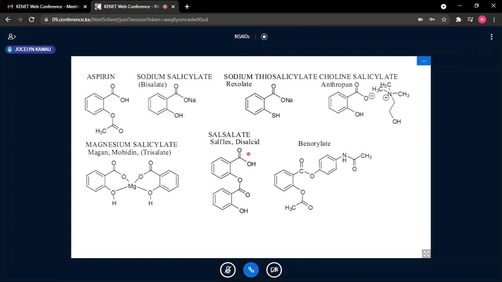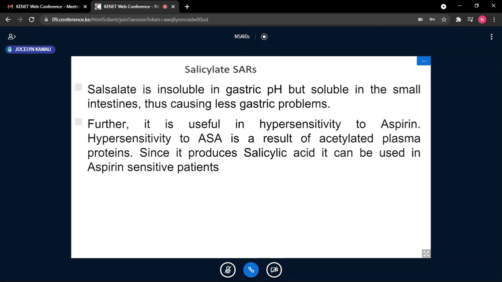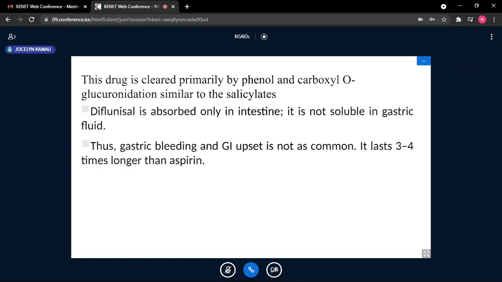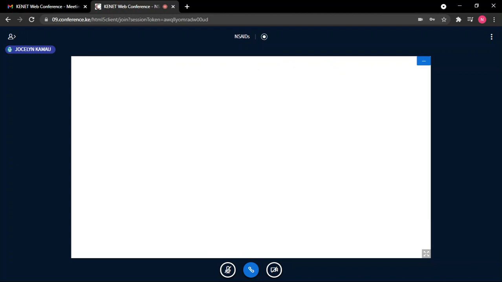You can see all of them as we have correctly put. Even if they are esterified, when they get into the body, they will be cleaved and release our carboxylic acid. So you can see our carboxylic acid is directly attached to the benzene ring. So those are the salicylates. The next class I was going to look at, just to make sure that you understand what we are talking about, I think we mentioned the acetic acid derivatives. All this we're going to look at. Those are all the salicylates.